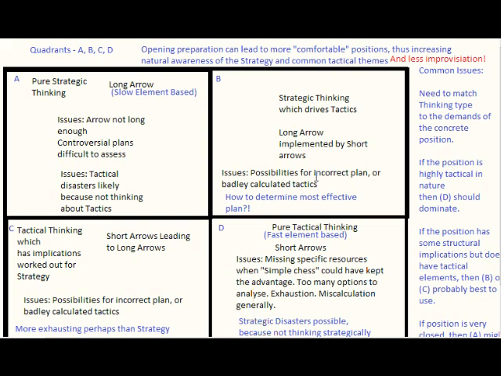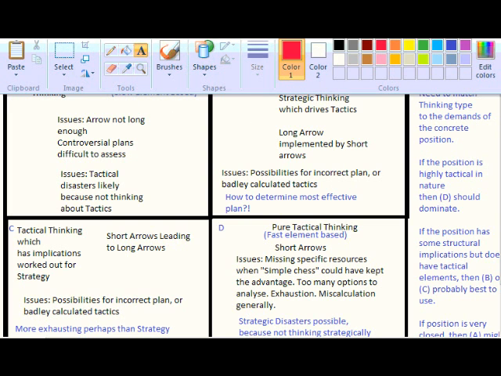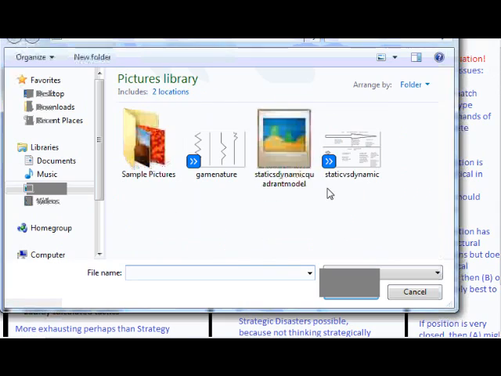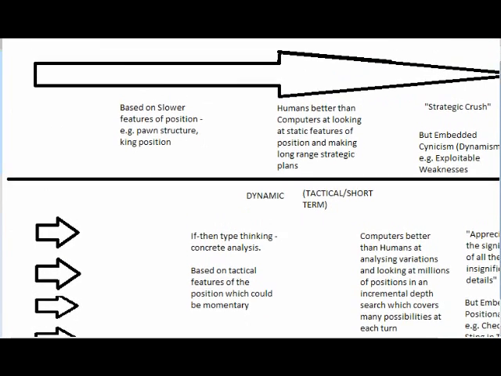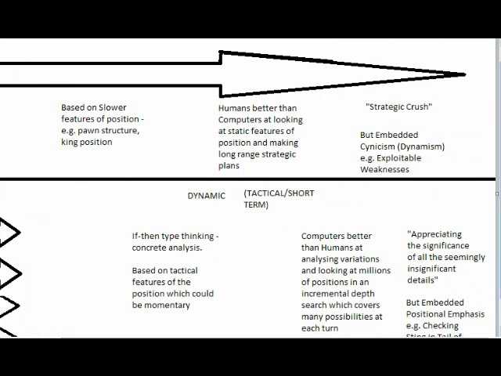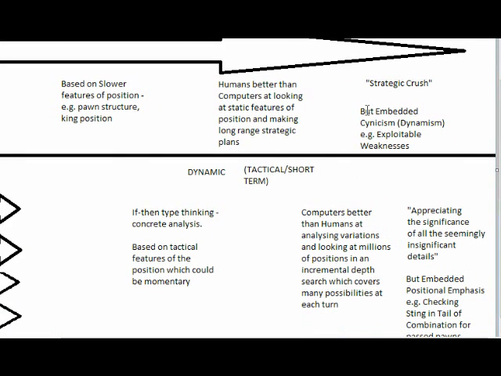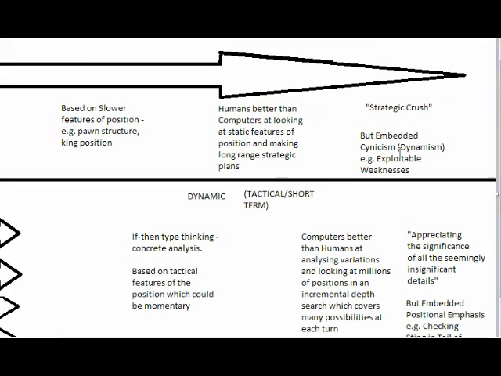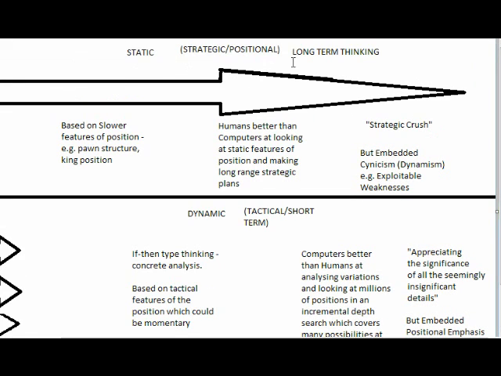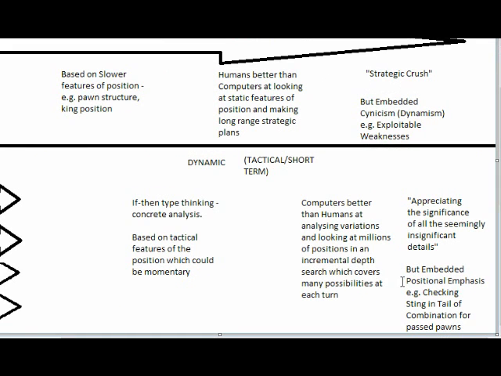Hi all, I want to continue my look at static versus dynamic thinking. Before getting into this, I'll just quickly load up my previous slide, which I'd knocked up with Paint. I was a bit uncomfortable thinking about this after that, so I put these two "buts" in. There's embedded cynicism, dynamism when you think strategically, but you need the positional emphasis when thinking